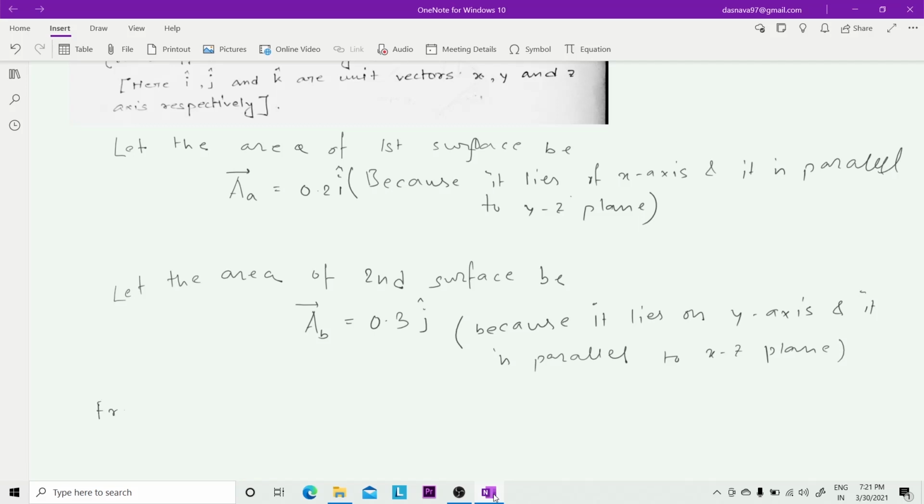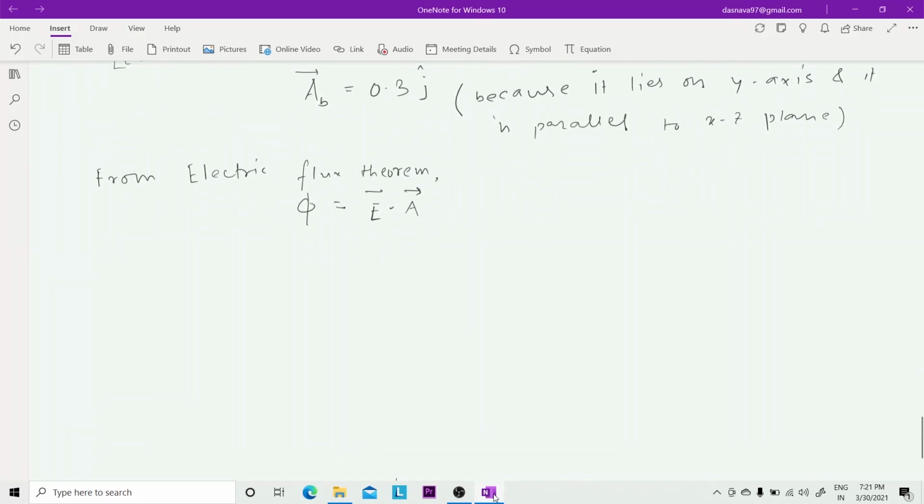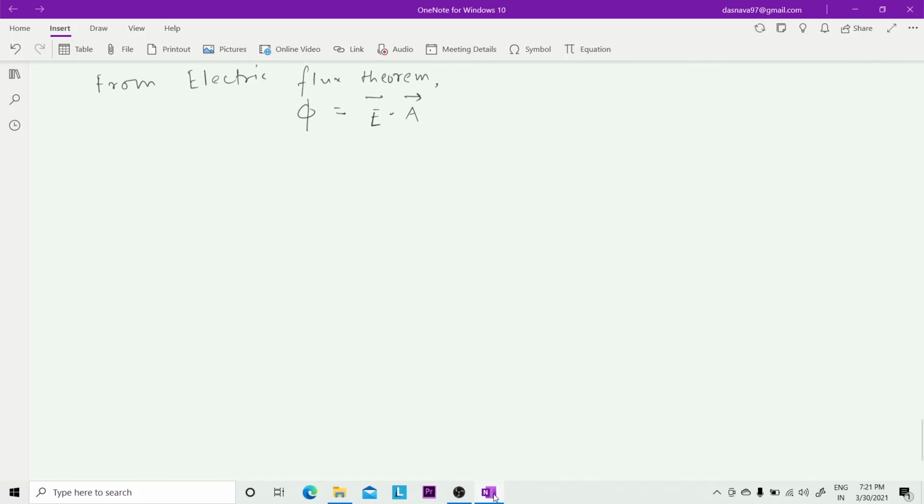अभी फ्लक्स का क्या फॉर्मूला है, from electric flux theorem, you can say that phi equals E vector dot A vector. अभी पहले हम फर्स्ट सरफेस के लिए फ्लक्स निकालेंगे, फिर सेकंड सरफेस के लिए फ्लक्स निकालेंगे, फिर दोनों को रेशियो कर देंगे. क्या करेंगे? देन